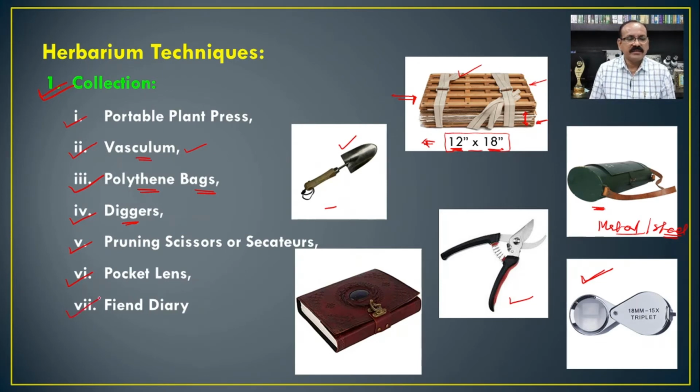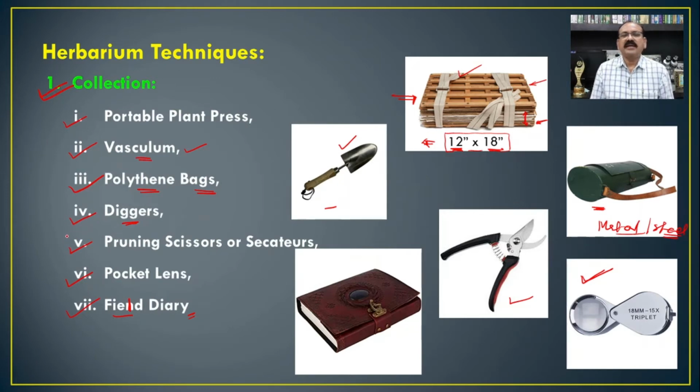and for that we will have the necessity of a field diary. So we have to note down the different characteristics like the soil type, temperature, area, and even the geological position. In this way, the different characteristics can be noted down in the diary, and hence we must have one diary for noting the different characters of the collected plant material.